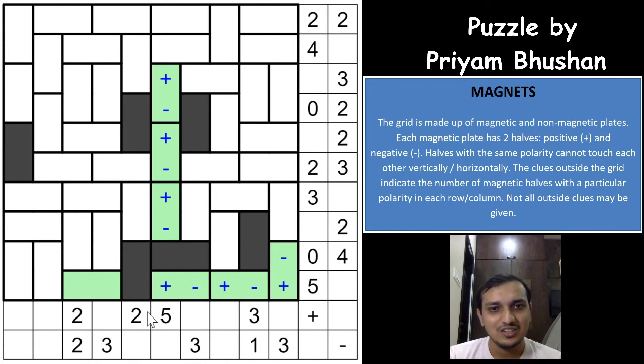Excellent, guys. What an excellent puzzle this is. It doesn't seem to be a new author, right? Such a great puzzle this is, and not all of the symbols are given, or I mean to say all of the outside clues are given. A magnet puzzle with minimum number of outside clues is very difficult to construct. So I would say it's an excellent puzzle, and let's see if we are able to place anything else here.